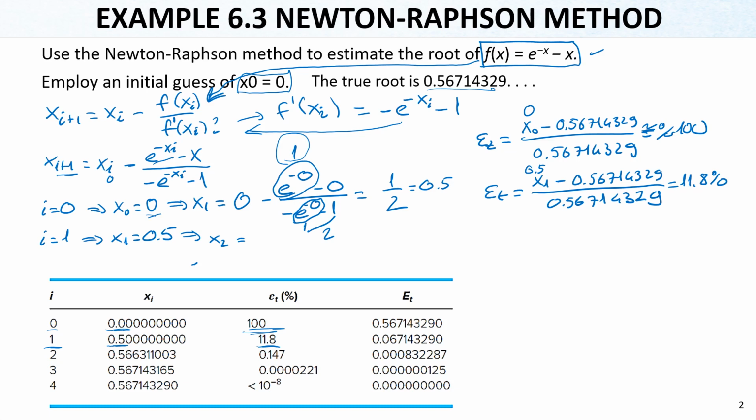And when we go to i equals 1, x1 is 0.5 and x2 is simply here again. Now x2, this is x1. X1 is, we said, 0.5 minus e to the power minus 0.5 minus 0.5 divided by e to the power minus 0.5 minus 1. And from here, the result is